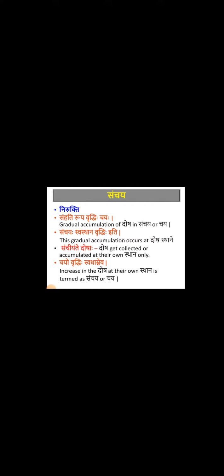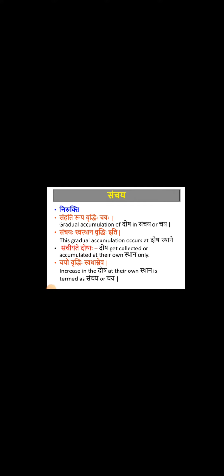That means Sanchaya means it is in the Swasthana, that is the gradual accumulation occurs at the Dosha Sthana itself. And here Dosha Sthana, we know very well: Tatrasti Nisito Vayu, Pittam Tu Sveda Raktayoho, Sleshma Shesheshu. For example, Vata Chaya means it will be there in the Asti, etc. Isn't it? So similarly, Sanchayaha Swasthana Vriddhi iti, the gradual accumulation occurs in the Dosha Sthana.